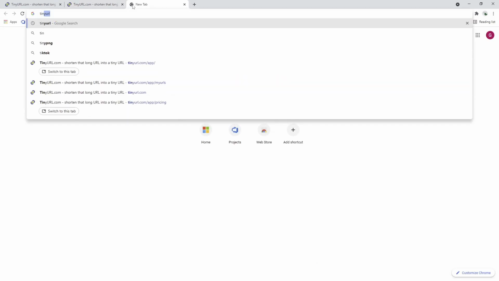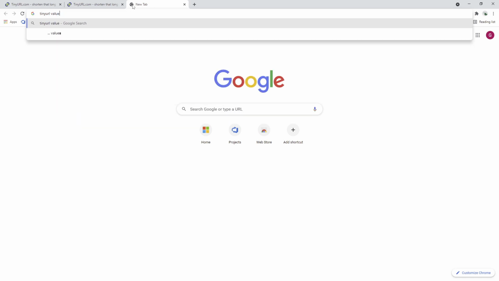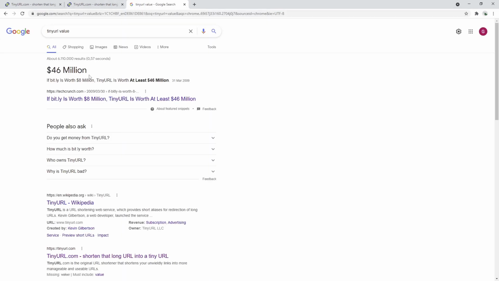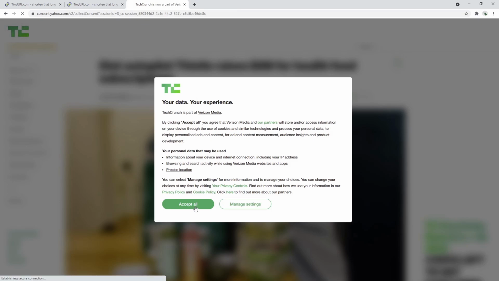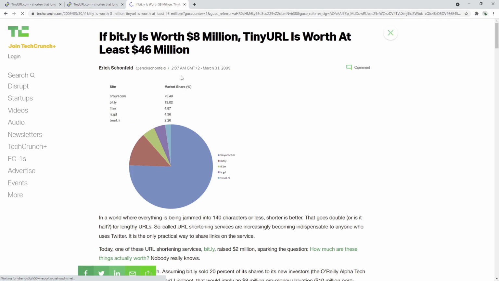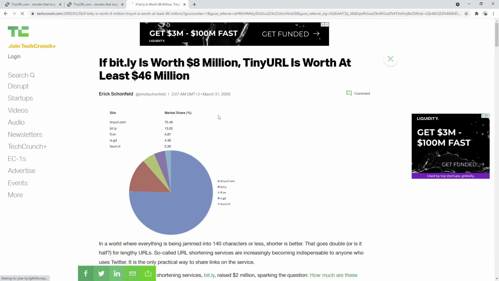So I went there and searched for TinyURL value, and I figured out that TinyURL is apparently worth around $46 million. So the question is, if TinyURL is worth $46 million, and this is just an assumption in the article obviously, then how much time would we need